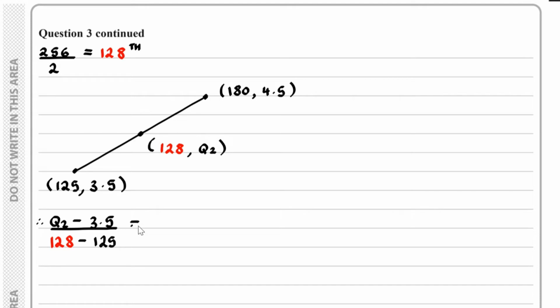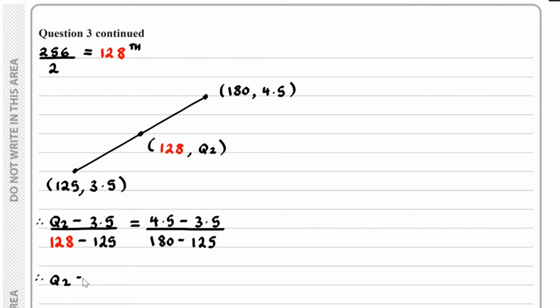This is equal to (4.5 subtract 3.5) divided by (180 subtract 125). And from this we can find out